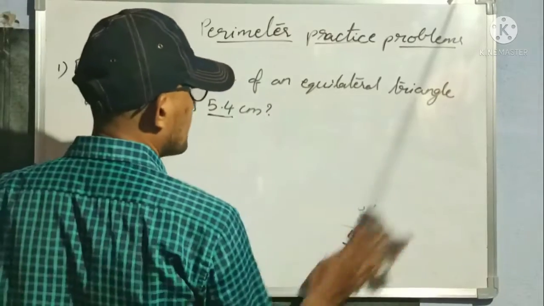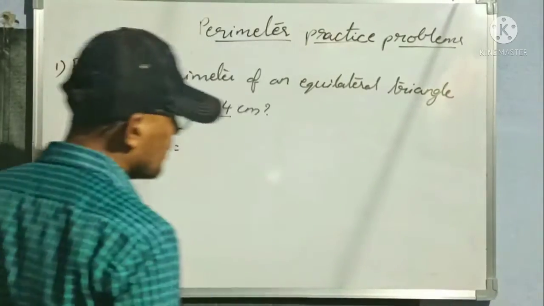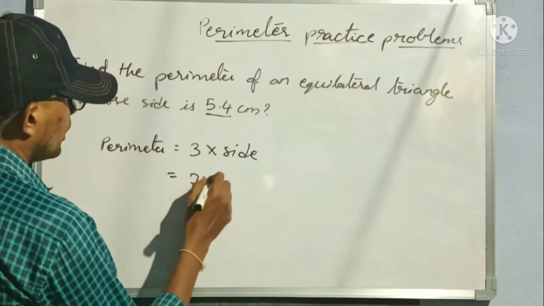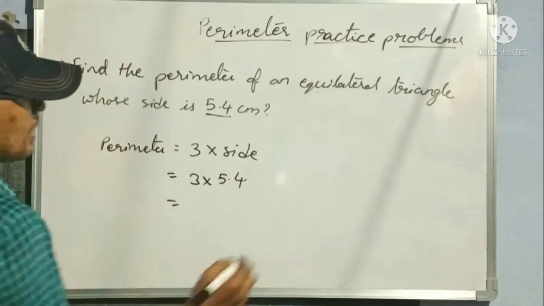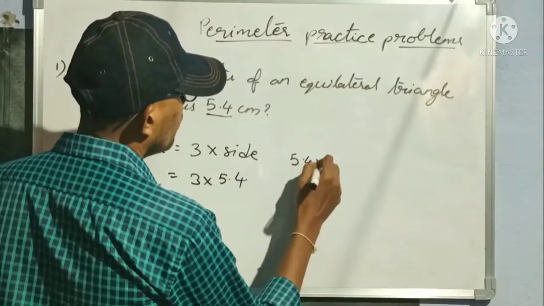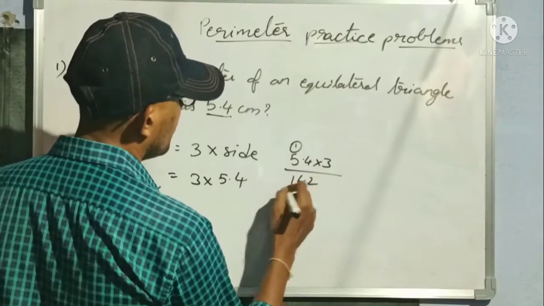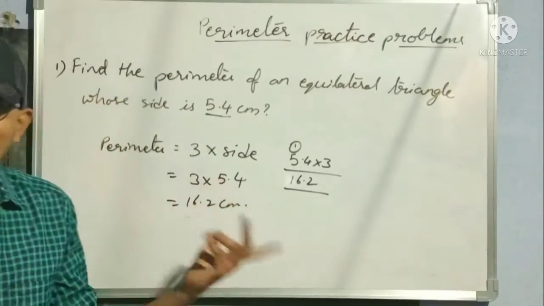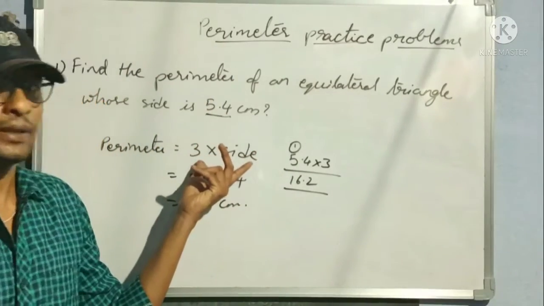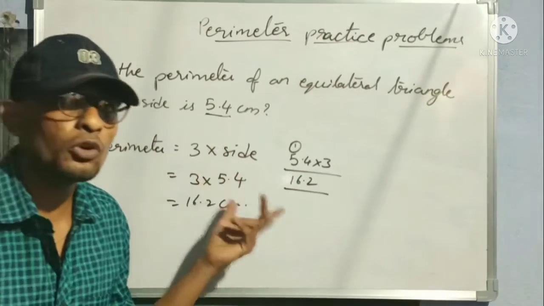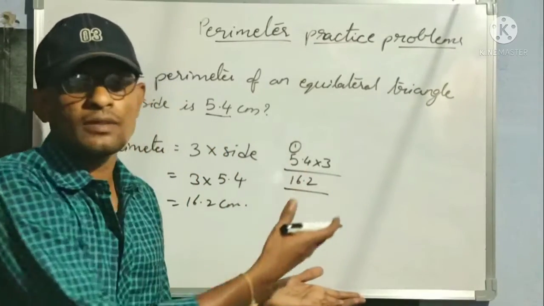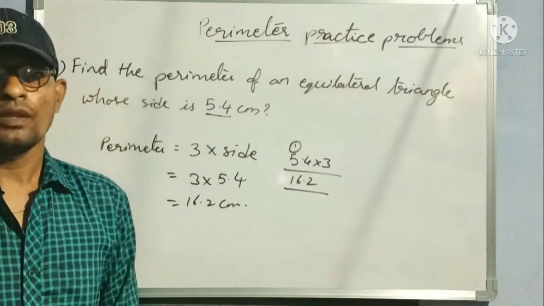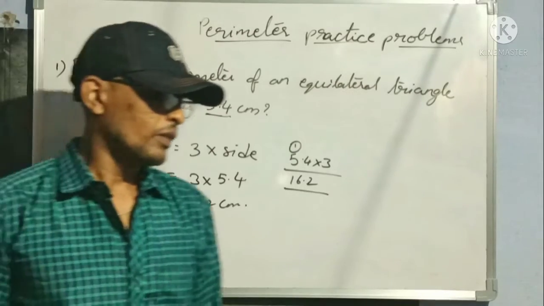Okay, let us do the formula-based method now. So what is the formula? The perimeter of an equilateral triangle is 3 into side. Right? So 3 into side is how much? 5.4 into 3. 3 4s 12, 3 5s 15 plus 1, 16. Here also we are getting the same answer, 16.2 centimeters. But here we need to know the formula, that is 3 into side. Clear? But if we don't know the formula, then we can go for the sum of all sides. By taking each side as 5.4, add 3 sides, then you will get the answer. Simple. Understood? So next problem.